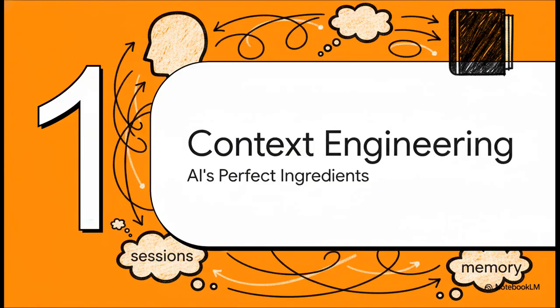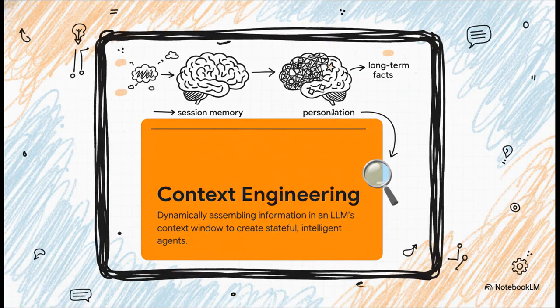So, how do developers get around this massive limitation? The answer is this really cool discipline called context engineering. You can think of it as the art of deliberately giving the AI all the right information it needs, right when it needs it, to create the illusion of a continuous ongoing conversation. So here's the more formal definition. It's all about dynamically, on the fly, building the perfect prompt for the AI. And this goes way, way beyond just the question you typed. It means pulling in your user history, maybe some external data, the recent chat logs, all to create the perfect context for every single response.